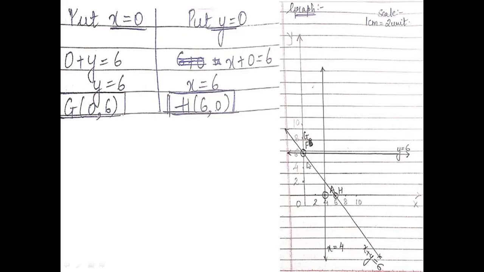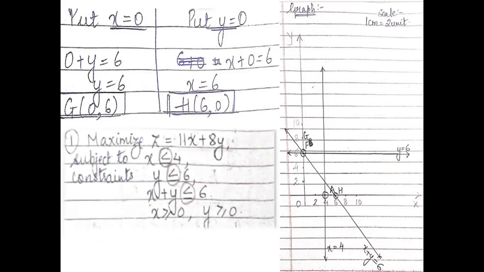Now class, if you pay attention, points F and G have the same coordinates 0, 6. So you have to write the alphabets twice, F separately, G separately. The point plotting will be common. Even if this particular point comes in the feasible region, you have to mention both of them separately, that is G as well as F. So that is another thing which I want to tell you. Pay attention to that as well.